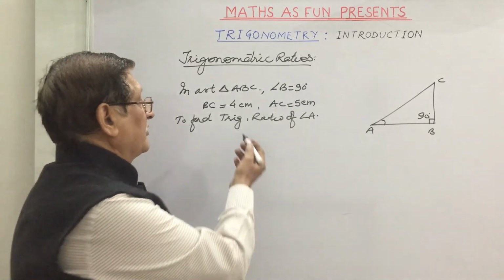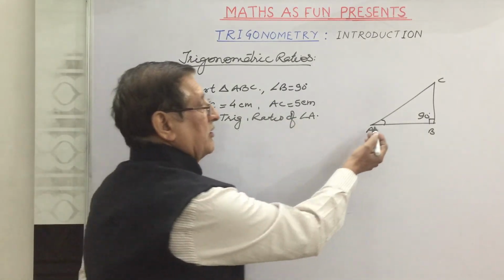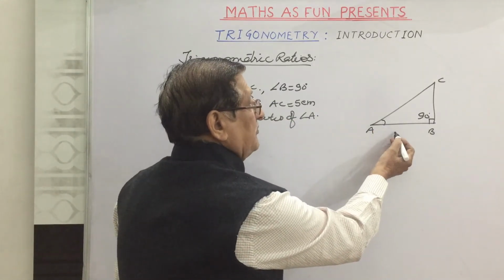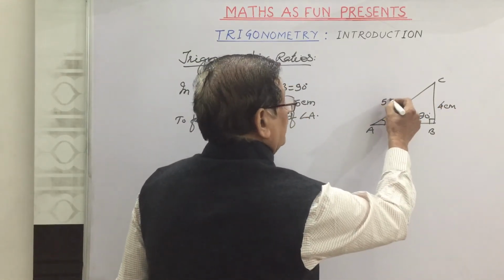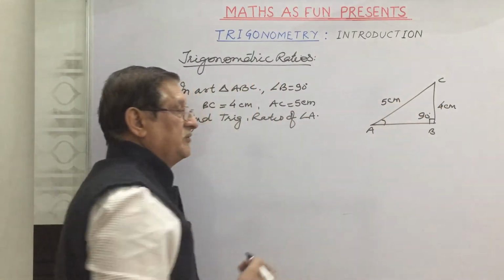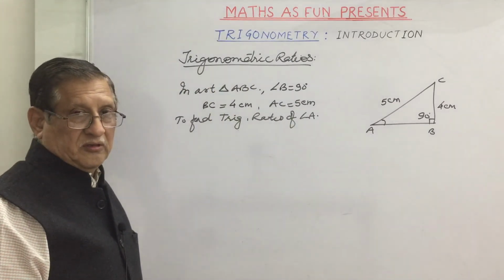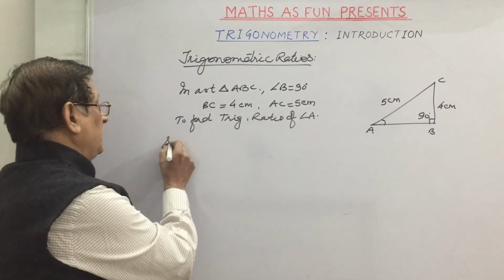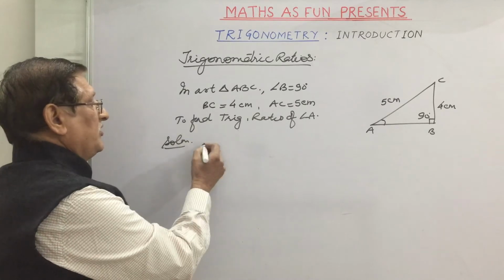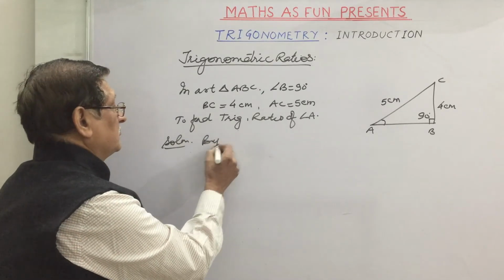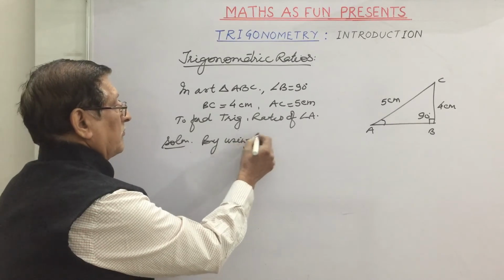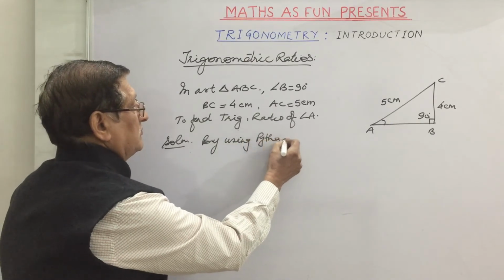We know to find out the trigonometrical ratios of angle A, we need this AB also. We have been given BC as 4 centimeter, AC as 5 centimeter. Now to find this AB, we can find out AB. To find the solution of this, we can make use of Pythagoras theorem. By using Pythagoras theorem,